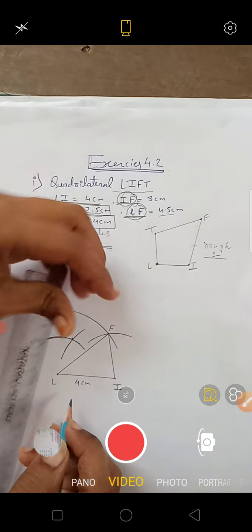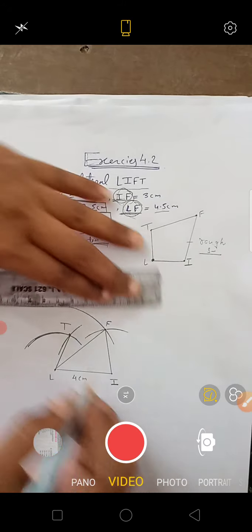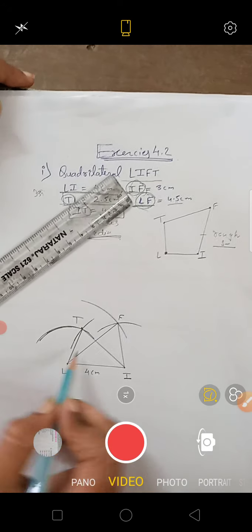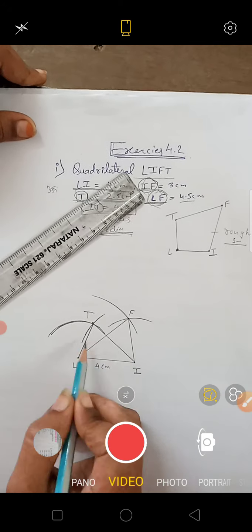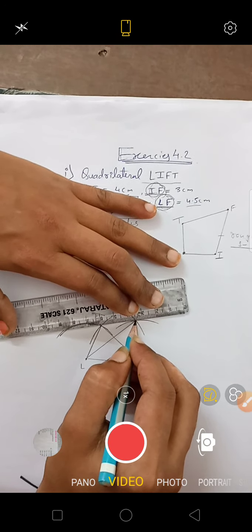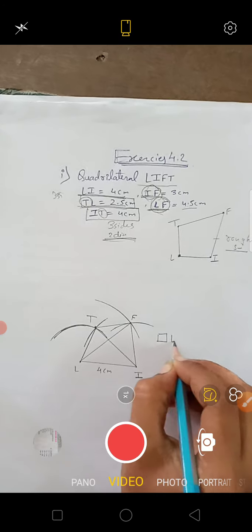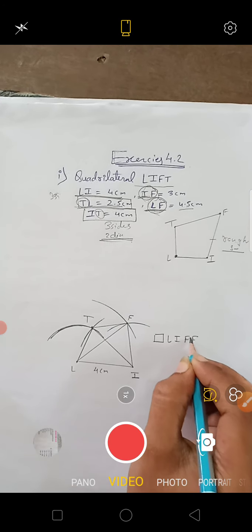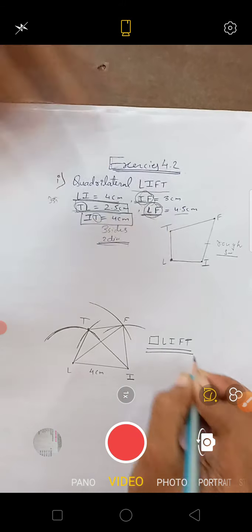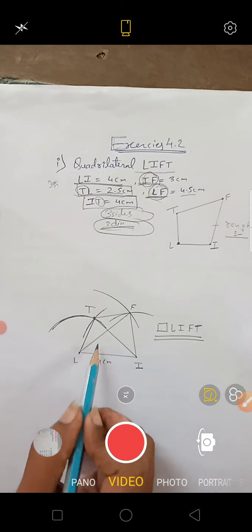Then what we do, we join them, joining T and L and T and I. So this is the diagonal and side value, and the second triangle is not a closed figure. For closing, we join these two end points, and when we join this side we get a particular quadrilateral, and it is the quadrilateral LIFT. This will be our given quadrilateral. So using the basic data, 3 sides and 2 diagonal values, we construct it.